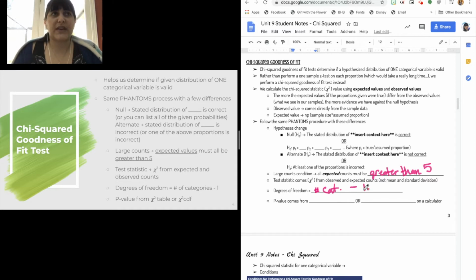If you were doing it for, I don't know, Skittles or something, there's typically 5 colors of Skittles, so 5 minus 1 is 4, all right? Okay, and then the last difference is that your p-value comes from either the chi-squared table or